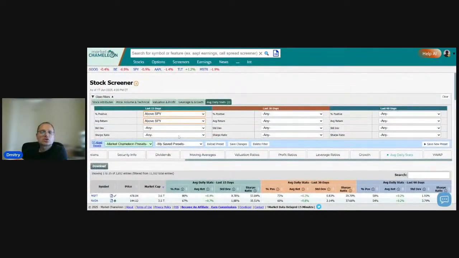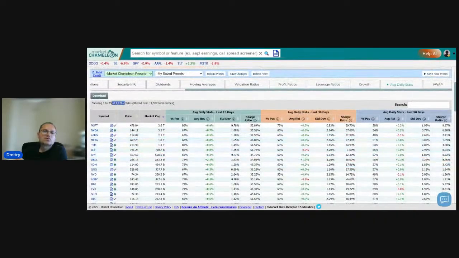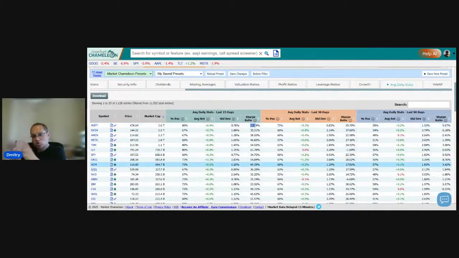So we're going to do the Sharpe above SPY. Now we narrowed it down further to 1,000. So now we have stocks that in the shorter term, or the most recent history, have displayed strong performance on a relative basis, when we compare those metrics to the rest of the market in SPY. And then if we wanted to go out longer term,